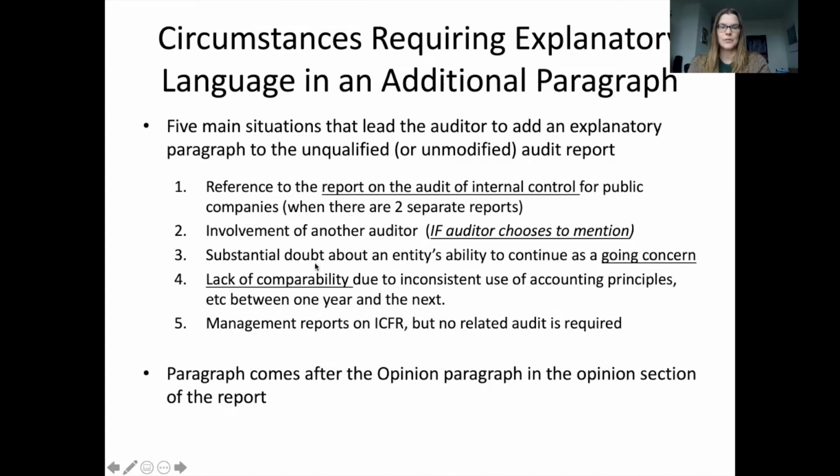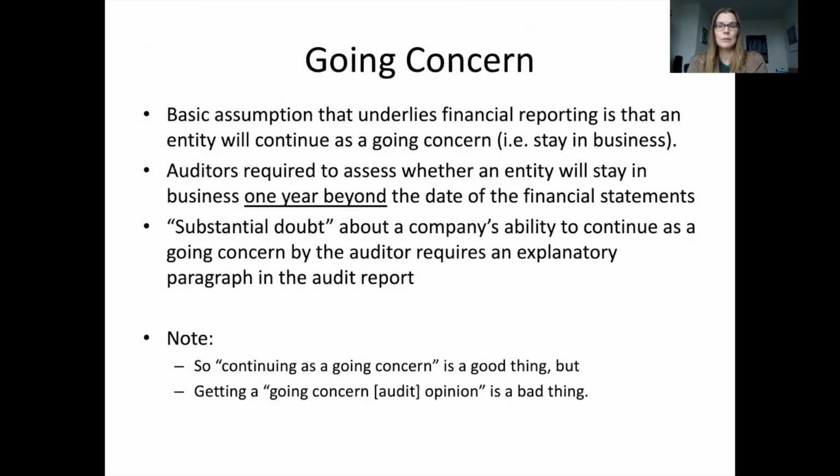And we see the third reason why we would make modifications to our report is if there's substantial doubt about an entity's ability to continue as a going concern. So here we have our slide that goes into more detail about this. So the basic assumption when we're issuing an audit opinion is that that company is going to stay in business, right?